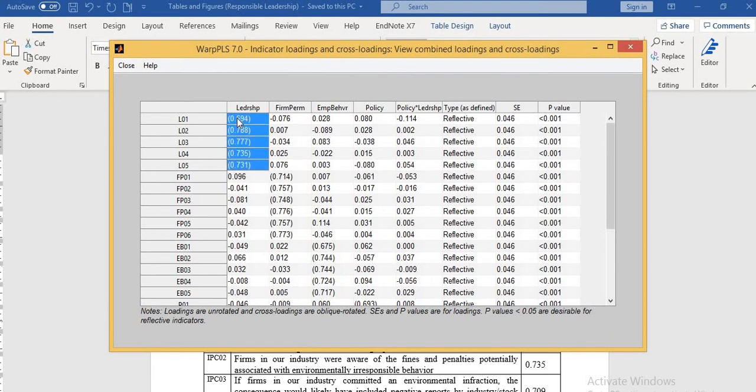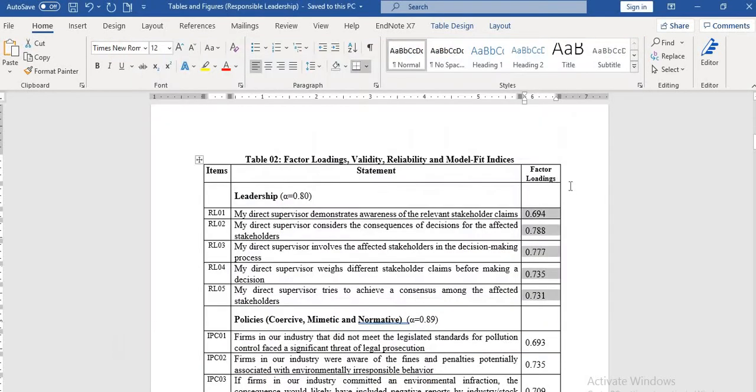You can also do the same, Control C, and put them, Control V. This way you can extract the results and put them in your MS Word sheet, in your paper, in your thesis.